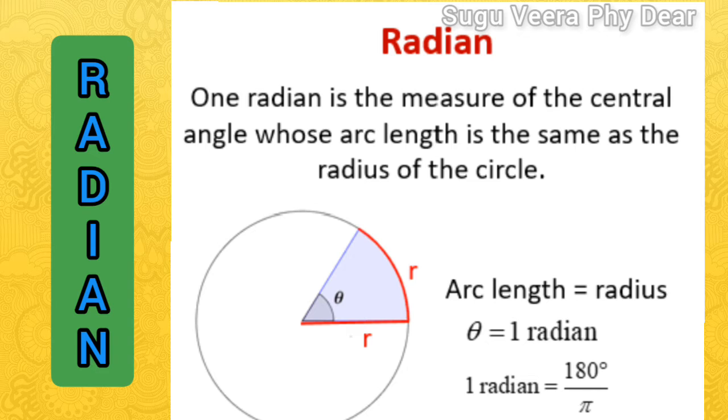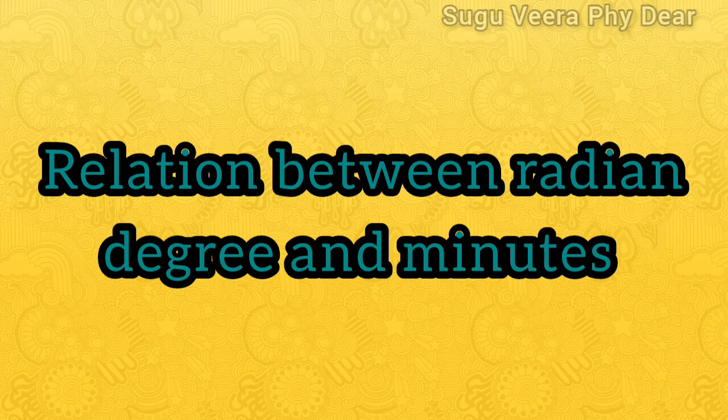Why do we convert degrees to radians? Good question. In geometry, degrees are generally used more than radians, probably because degrees are a more familiar unit of angle measure to students. Students, we will now learn how to calculate 1 degree, 1 minute and 1 second and the relation between degrees, minutes and seconds.